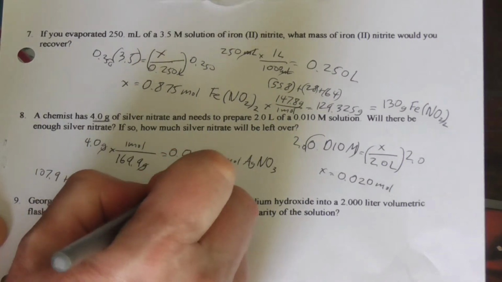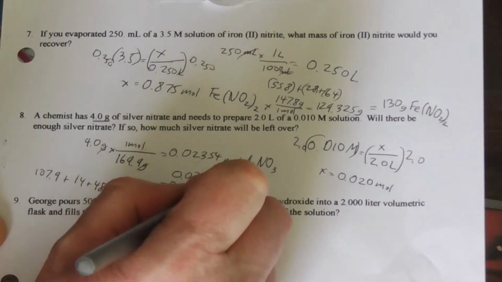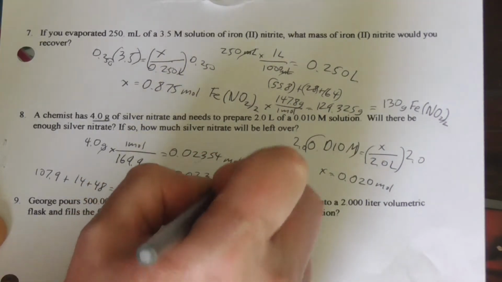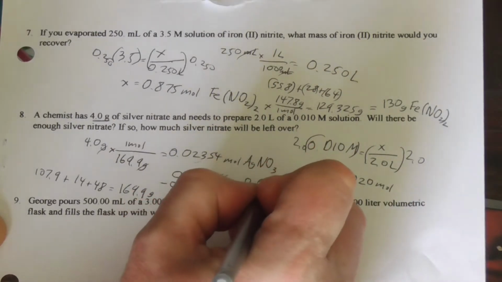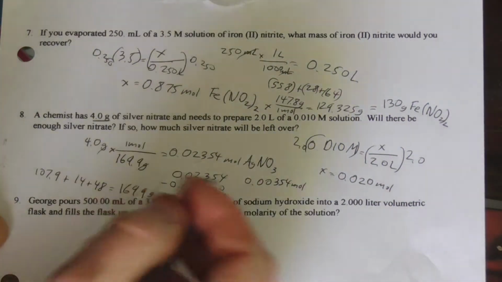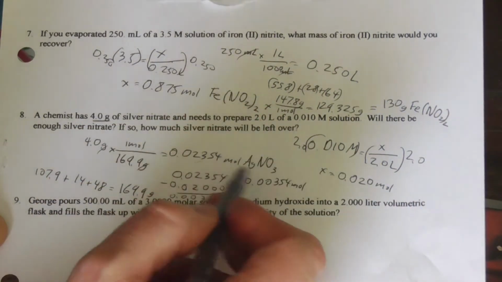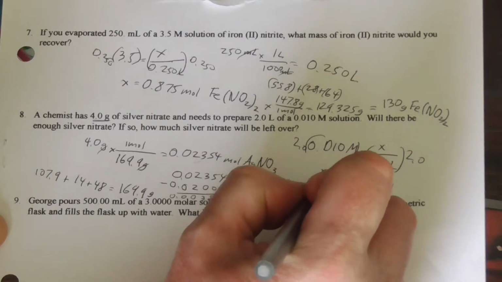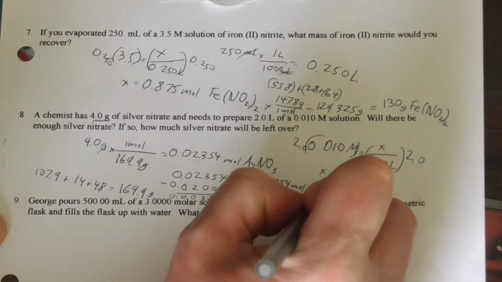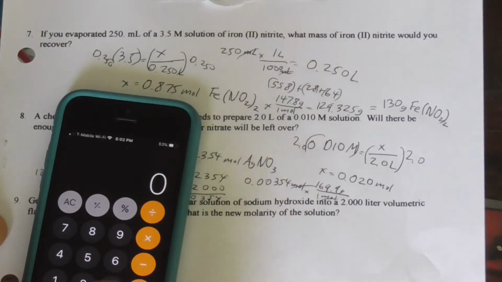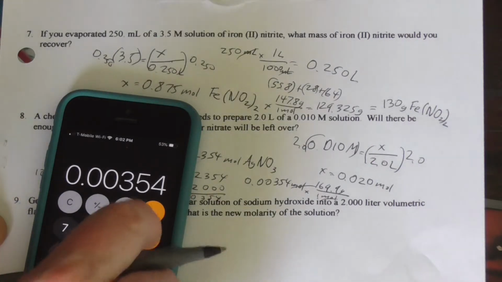0.02354 minus 0.02000 equals 0.00354. 0.00354 moles are left over. Now I take that, it doesn't say how much and what units, but if I wanted to change that back to grams, I would do 169.9 grams over 1 mole. So my moles cancel out, and I get 0.00354 times